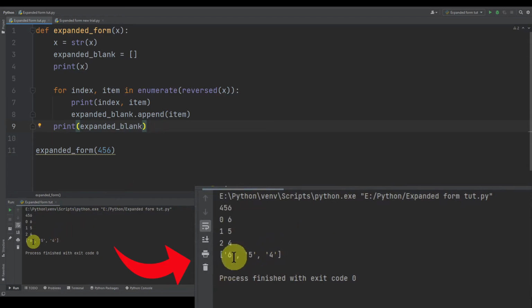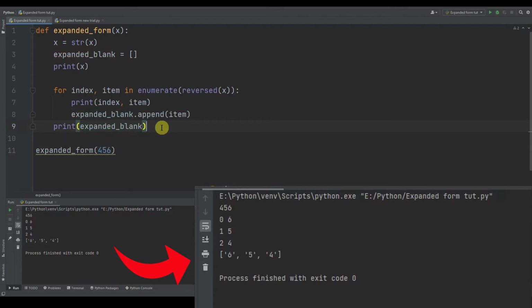Now we want to add zeros as per their position. 6 is at index 0, so we don't want any zeros after 6, whereas 5 is at index 1, so we want a 0 after 5. In the same way 4 is at index 2, so we are going to add 2 zeros after 4. That is what we want in the final result here.